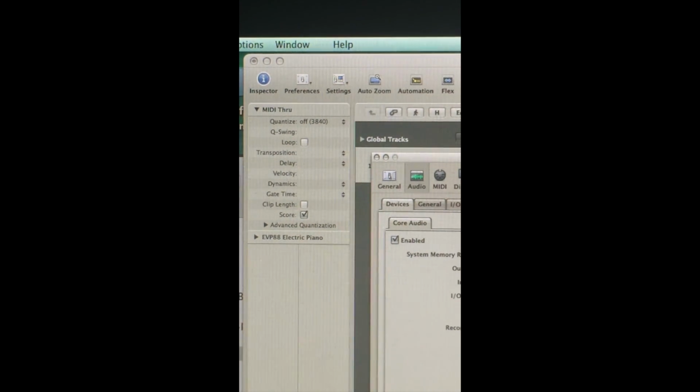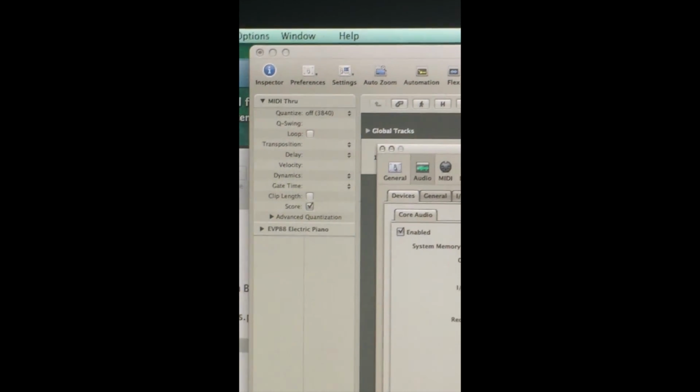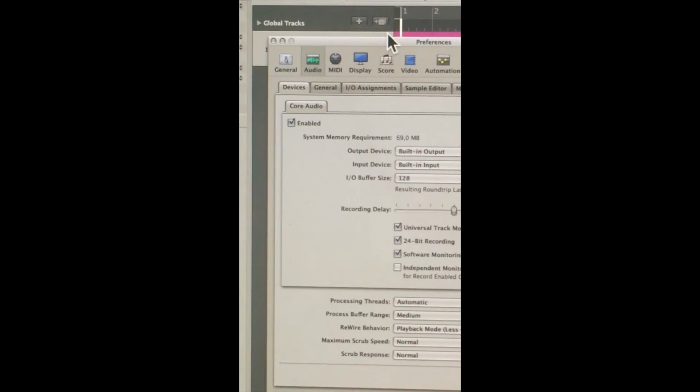As I demonstrated before, to change the buffer size, simply go to Preferences, Audio,